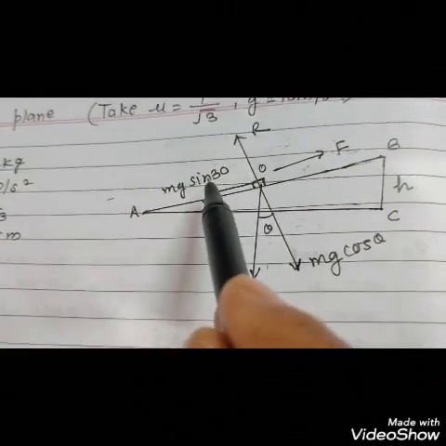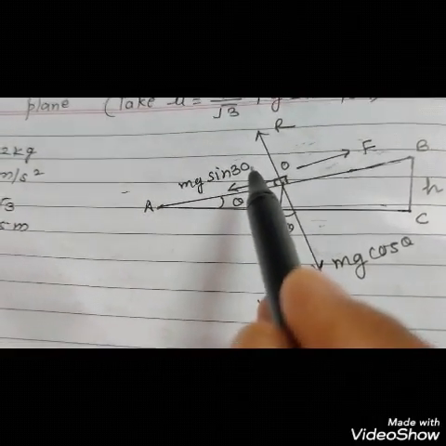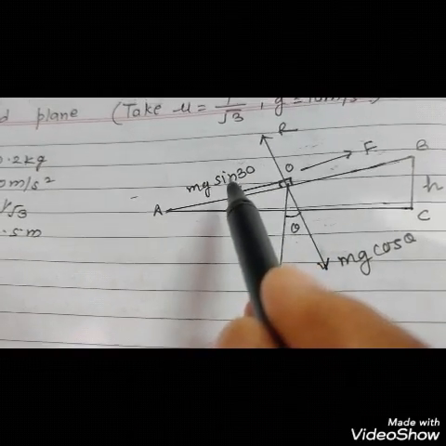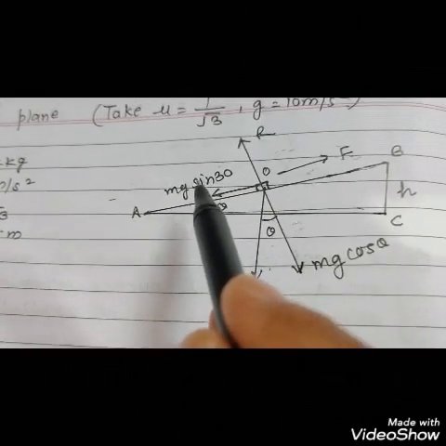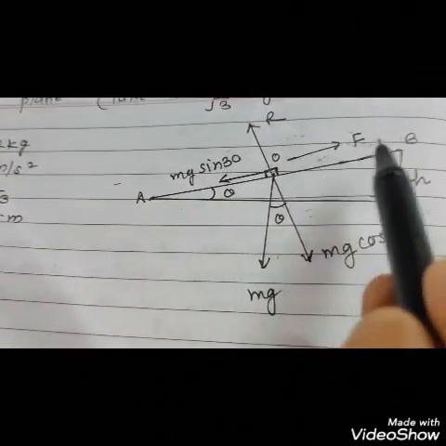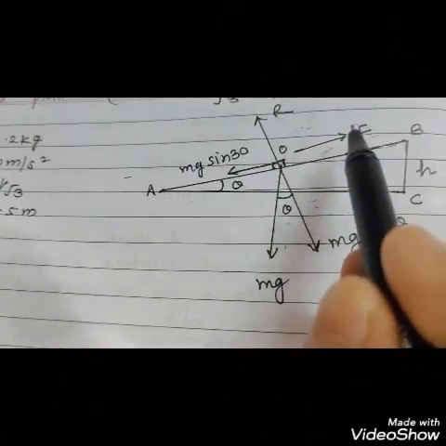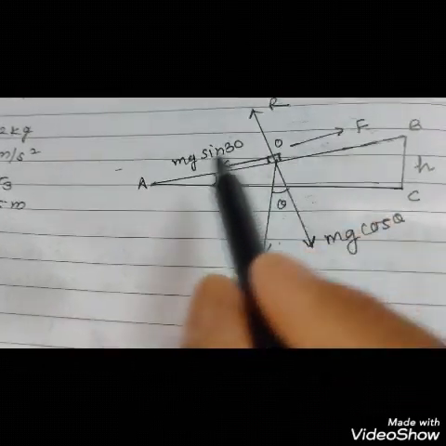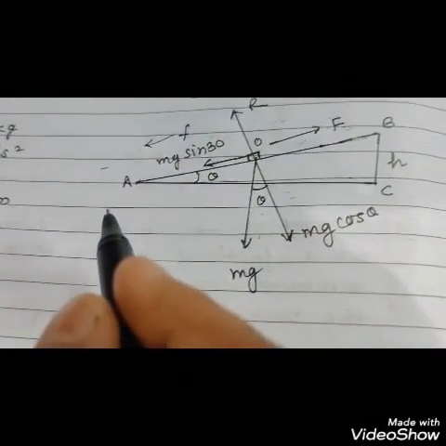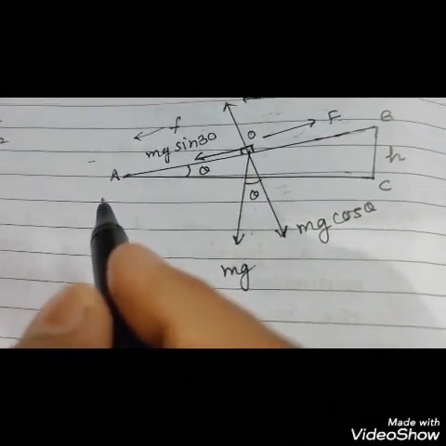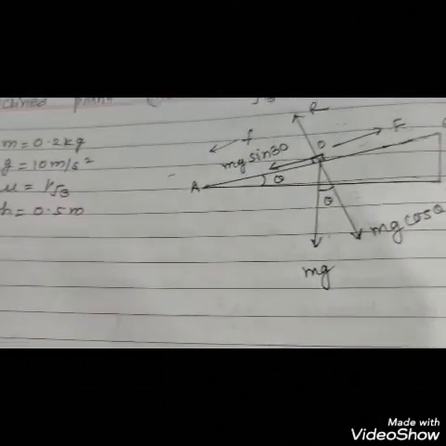And you will see here, as it is given, a particle of mass 0.2 kg with some initial speed is moving from the bottom of a rough inclined plane and it will move to the top. That means the direction of force will be in the upward direction. So the applied force will be in the upward direction. Obviously the force of friction will be working in the downward direction.